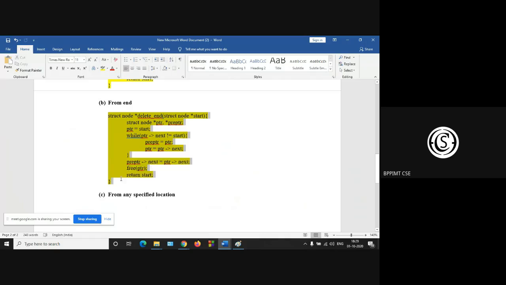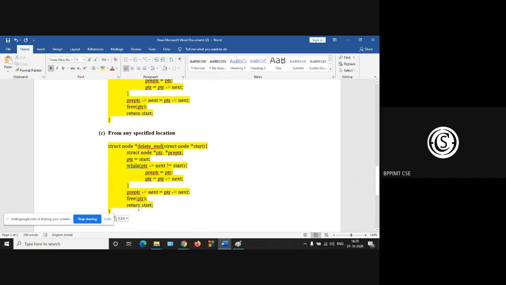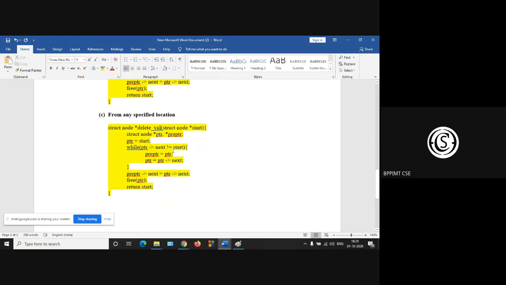So struct node. This is the delete value. We can write delete value or something. Okay, delete value. Okay, then what will be the modifications?